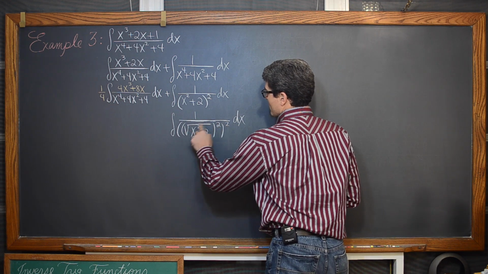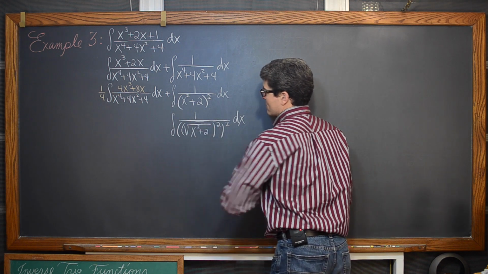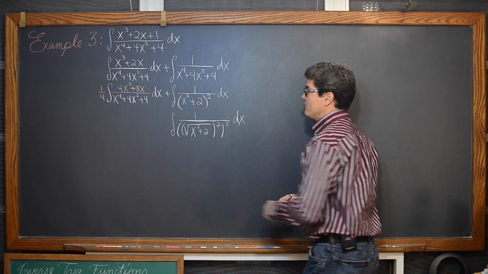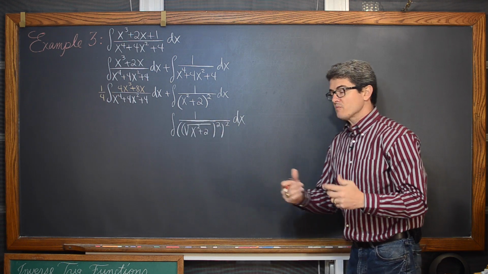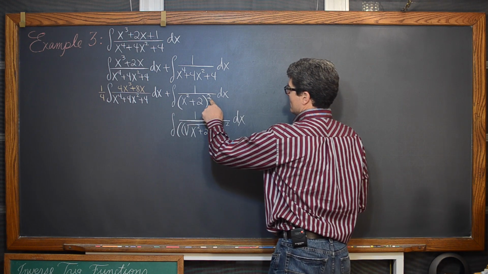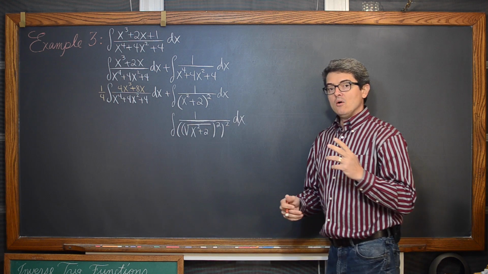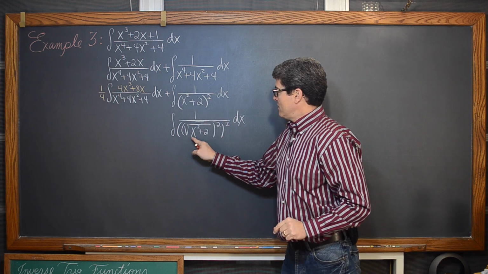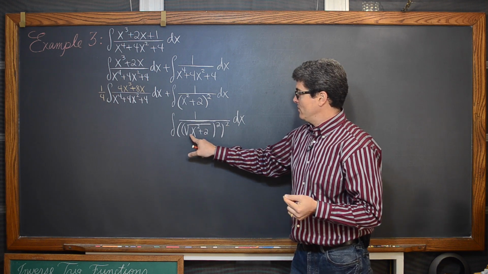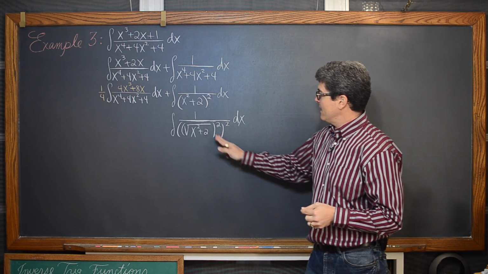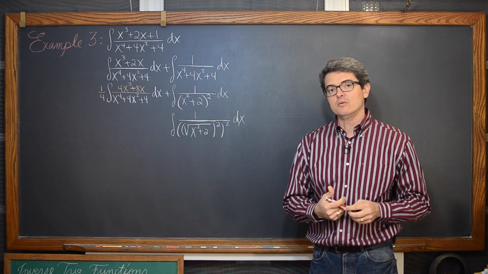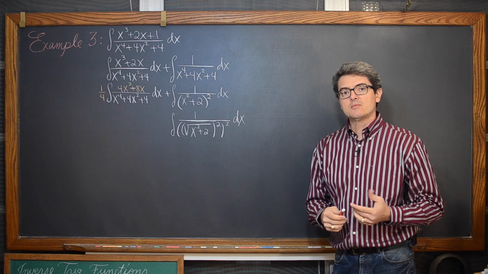Again, I am just making this look different. A square and square root being inverse math operations, they just cancel each other out. A square root and a square together act as an absolute value function, but this expression would never be negative in the first place, so the absolute value is not really changing anything. And then here's our original power of 2. So now we have a square root of x squared plus 2. That means our a is going to be the square root of 2, and our u is going to be x, and the square root of x squared plus 2 is going to represent the length of the hypotenuse of our right triangle that we're going to set up to do our trig substitution.